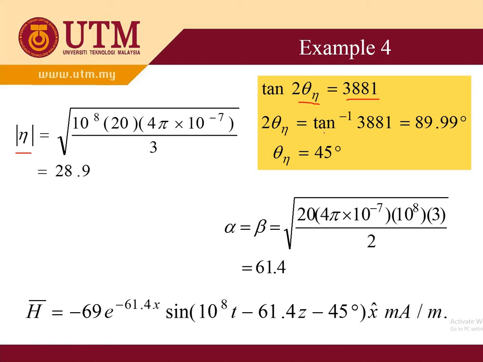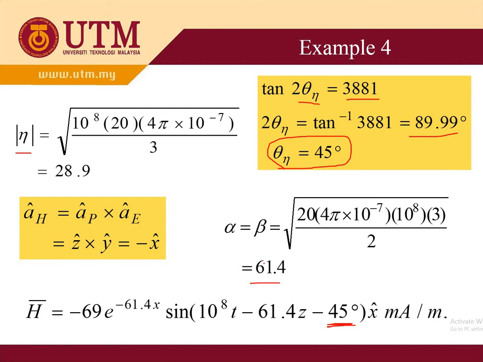So 2 theta n equals the inverse tangent of 3881. You have almost 90 degrees, then you get theta n equals 45, just like we know in a conductor, right? So alpha equals beta in the conductor medium. So you have 61.4. This one you just insert the value, okay? And then H equals negative 69 e^(-61.4 x) sine, then you have this theta in here, okay? So x direction,